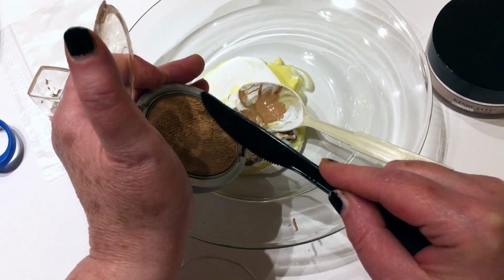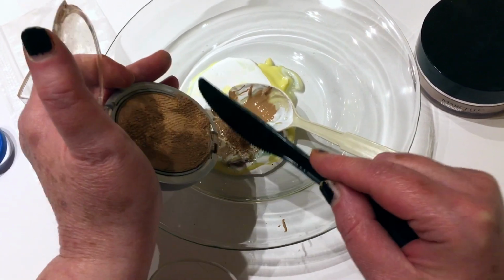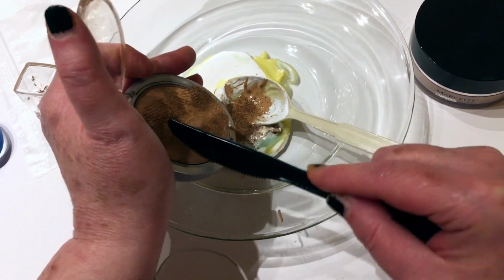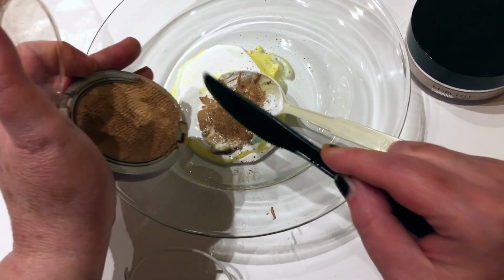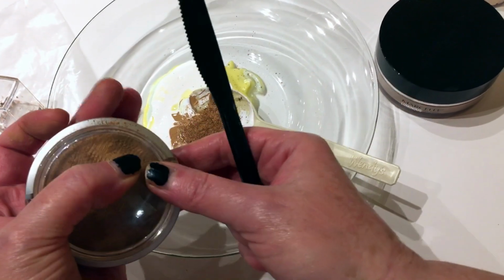And I don't think that my foundation was big enough, so I'm just going to scrape a little bit of this off and we'll test it and see how it goes afterwards. I'm using the darkest sections along with some of the lighter sections, so we've got some powder in there. That also gives it a bit of texture. Okay,